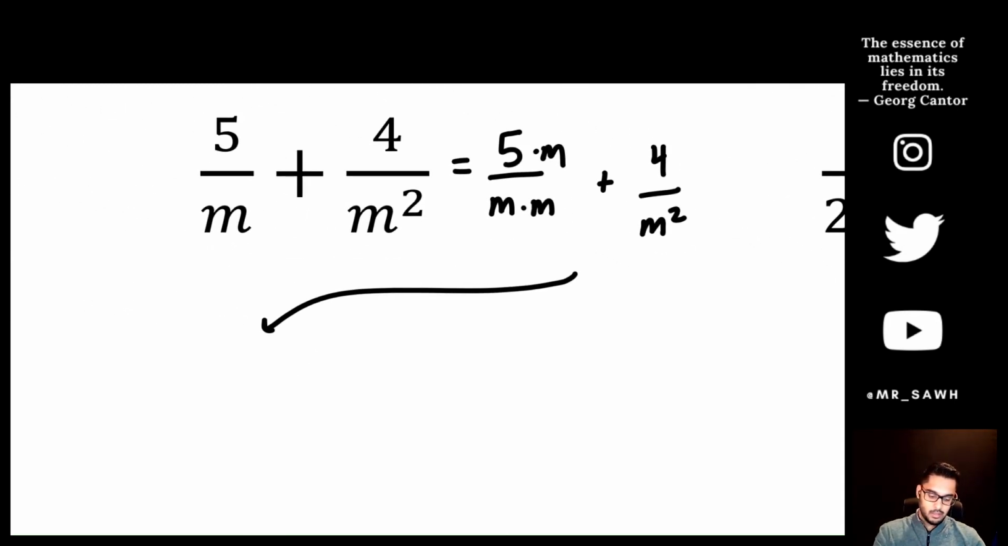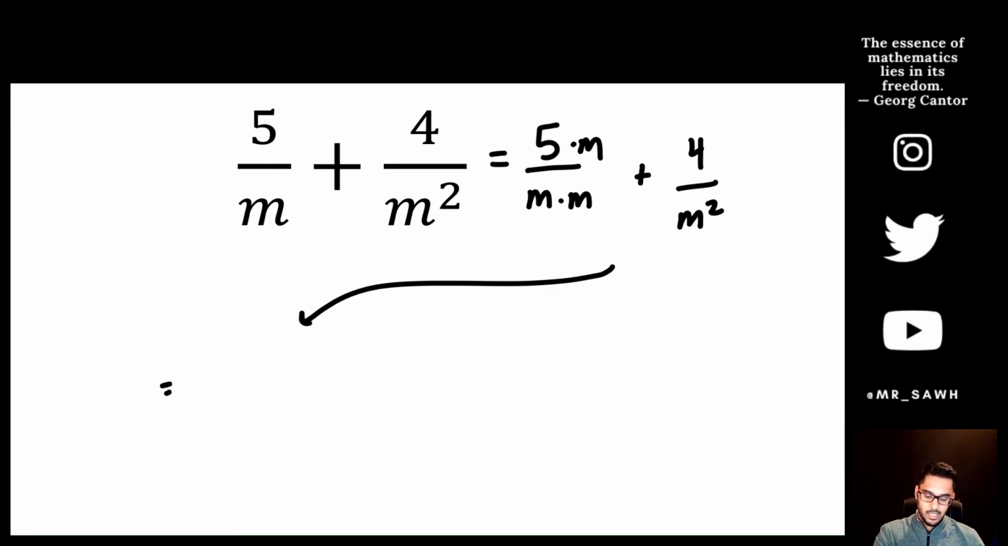Let's zoom that like that. So we'll get 5m over m squared plus 4 over m squared for our final simplified answer of 5m plus 4